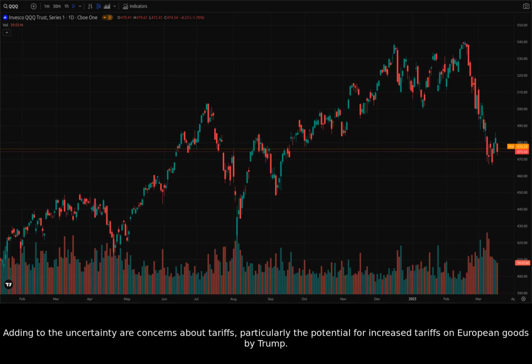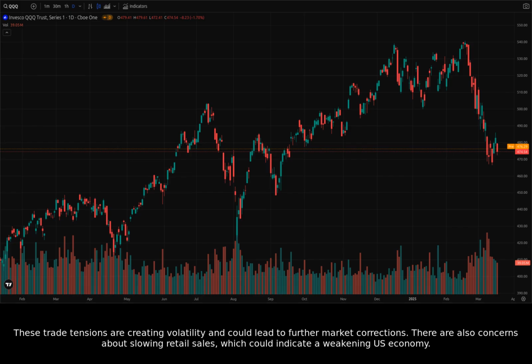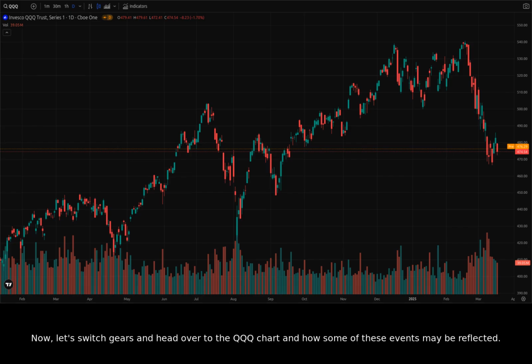Adding to the uncertainty are concerns about tariffs, particularly the potential for increased tariffs on European goods by Trump. These trade tensions are creating volatility and could lead to further market corrections. There are also concerns about slowing retail sales, which could indicate a weakening U.S. economy. Now, let's switch gears and head over to the QQQ chart and how some of these events may be